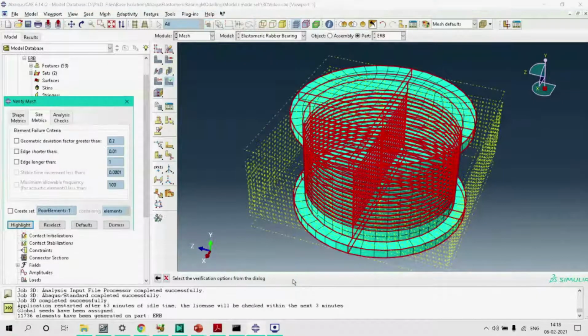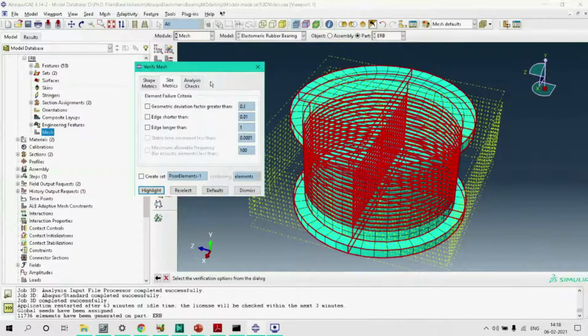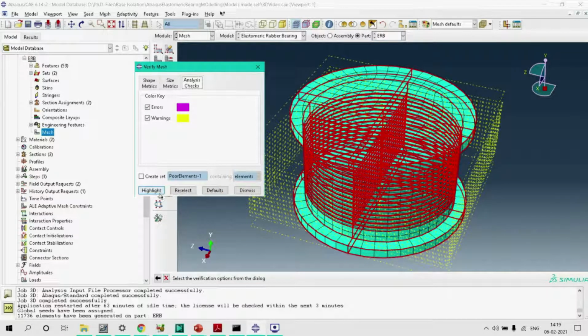Done. Okay, now it is showing me the various angles that the mesh edges are making with each other, and the aspect ratios of these mesh edges. So let's see the analysis check. Let's ask it to highlight.